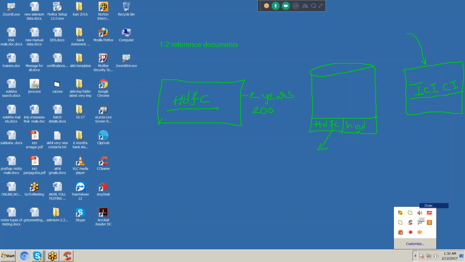Already we have the total structure in the common repository. Using this common repository information, we can complete the ICICI Bank project within 2 months with 20 members only. Why? Because we already have the total structure.